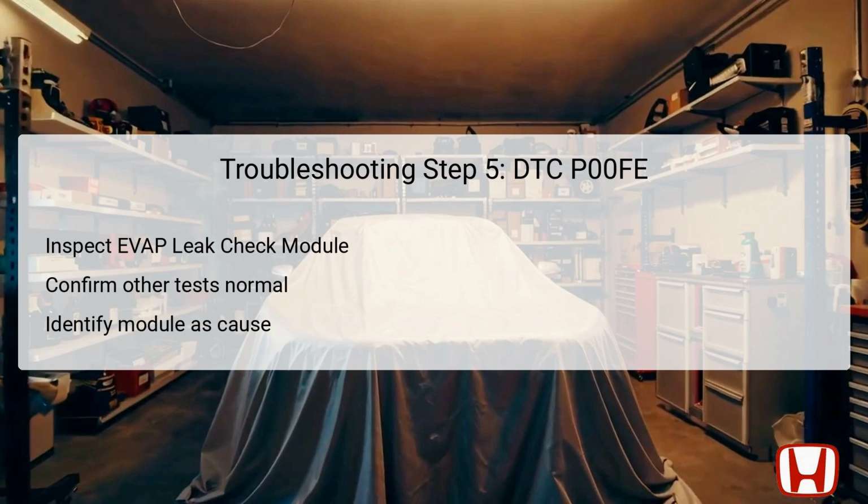If abnormalities were recorded elsewhere, repair or replacement of those components would need to be completed first. Once isolated as the culprit, the EVAP leak check module may require replacement or repair to restore proper function and